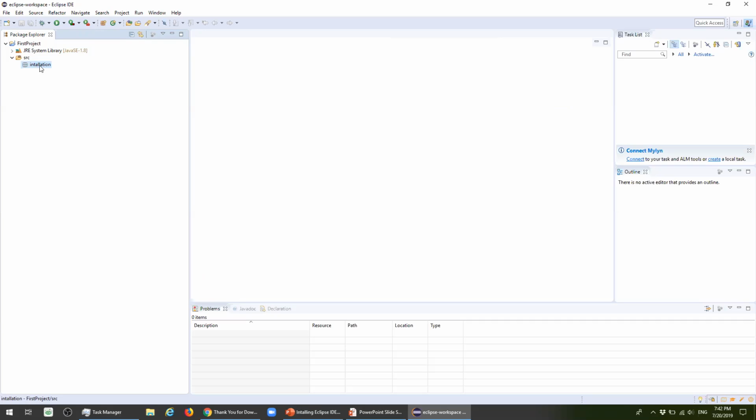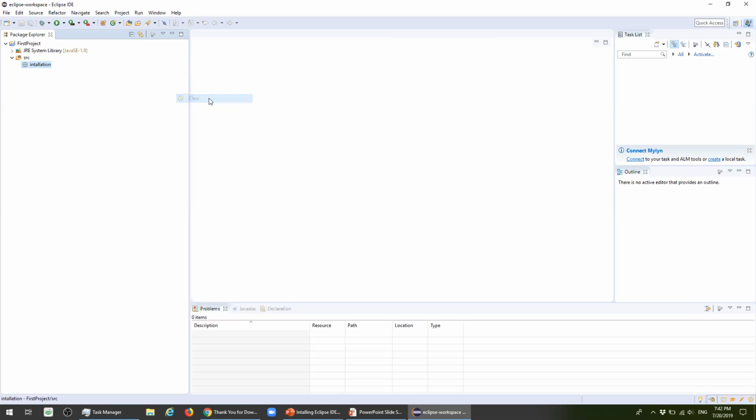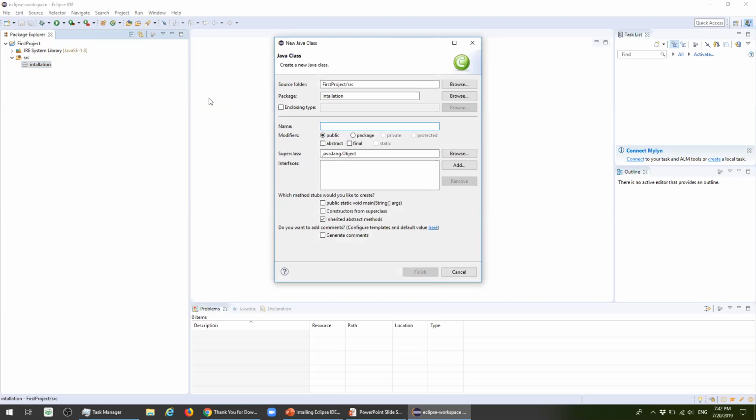Now right click, and I have a typo here. We'll ignore that. So right click on installation, go ahead, hover over New, and again scroll down. This time we will create a Java class. We will call it InstallationDemo, capital I, capital D. We will dive into why we're typing this way. Leave everything as is, Finish,